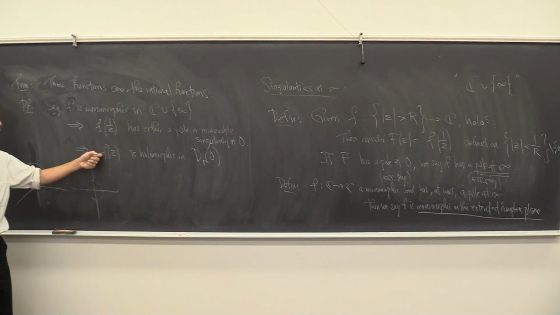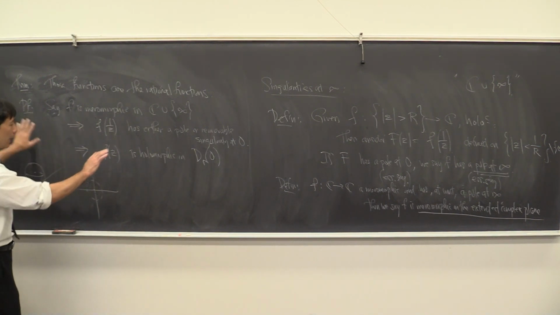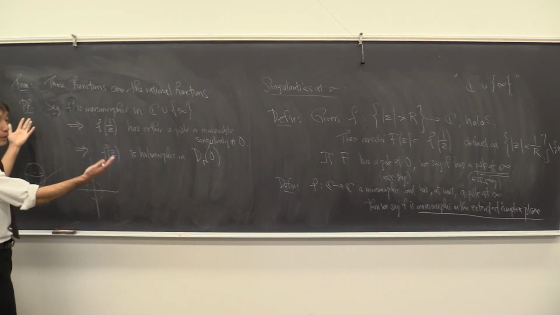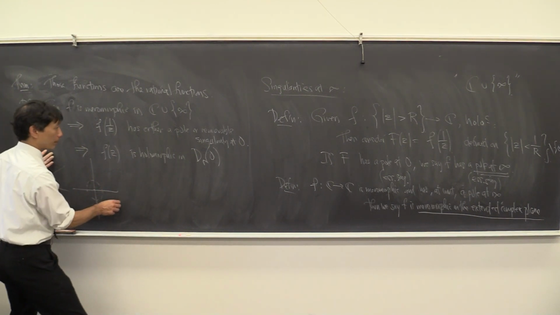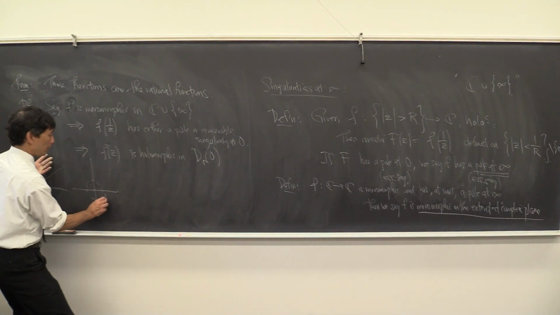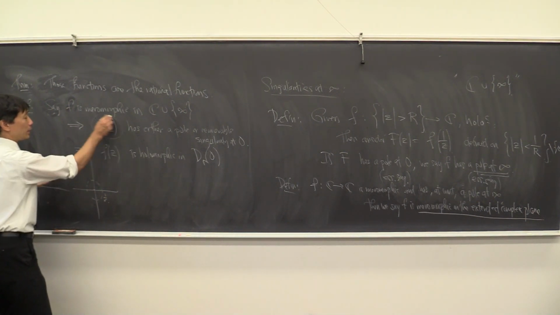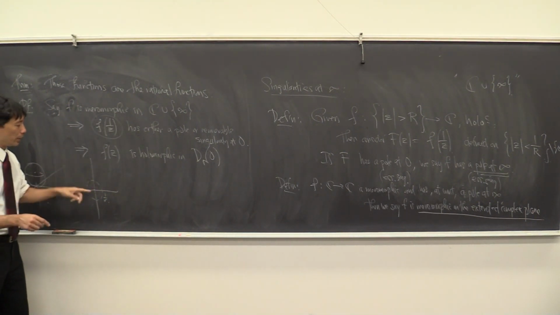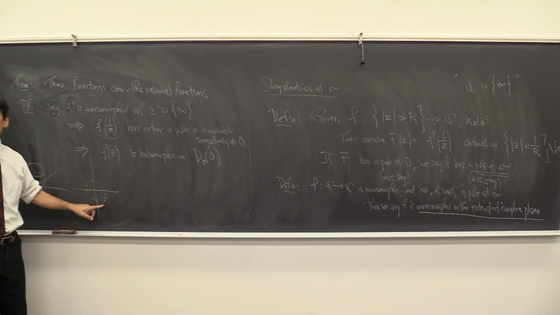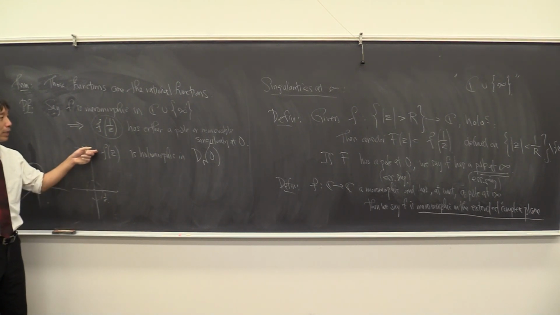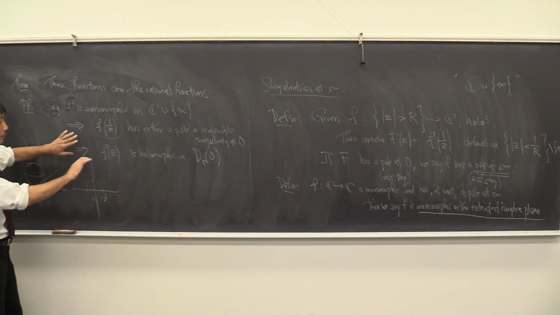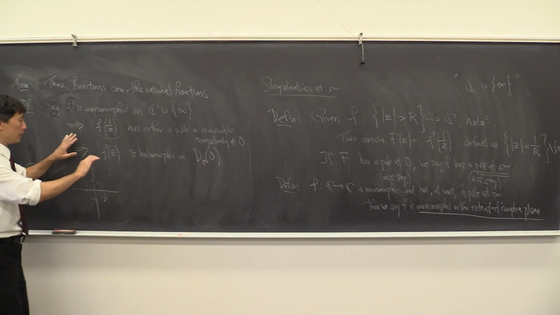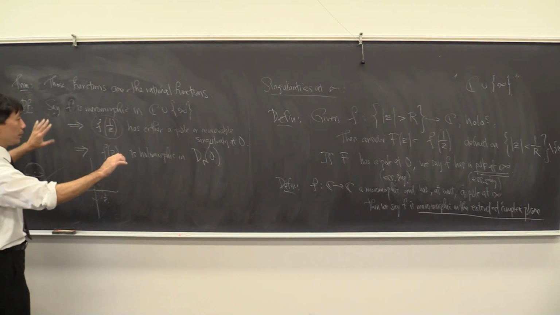So if you're looking at f of z, that means that you're holomorphic outside of the inversion of this disk, right? So this function is good in the punctured disk of radius 1 over r, so this function is good outside of the